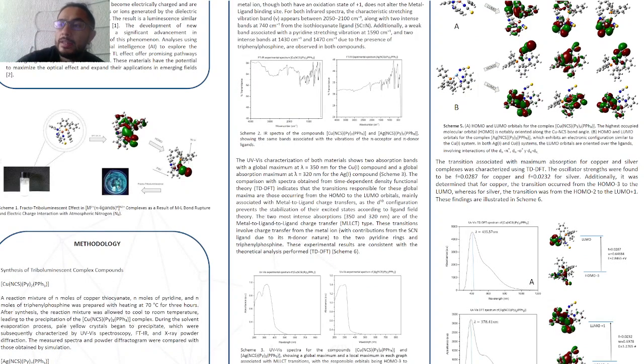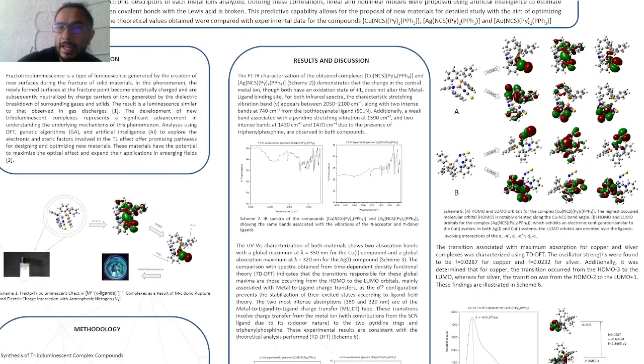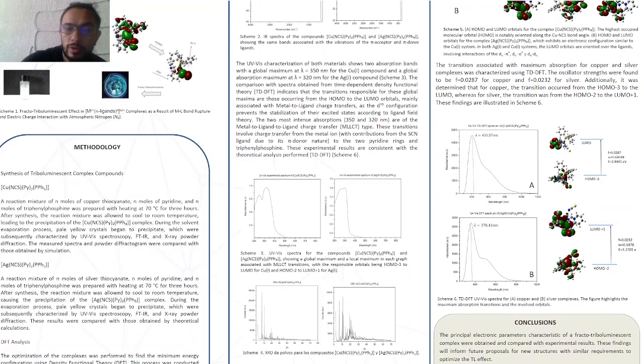Okay, this is interesting in order to characterize the complexes, and we want to know how the behavior is, because we want to propose, as a future perspective, another kind of ligands in order to improve this behavior and the phenomenon of fracto-triboluminescence. Now that we know which bond is going to break and where the orbitals are distributed, we want to propose other ligands that allow us to have the same phenomenon, but that are easier to work with and have no side effects. So for that reason we want to make a study of this.